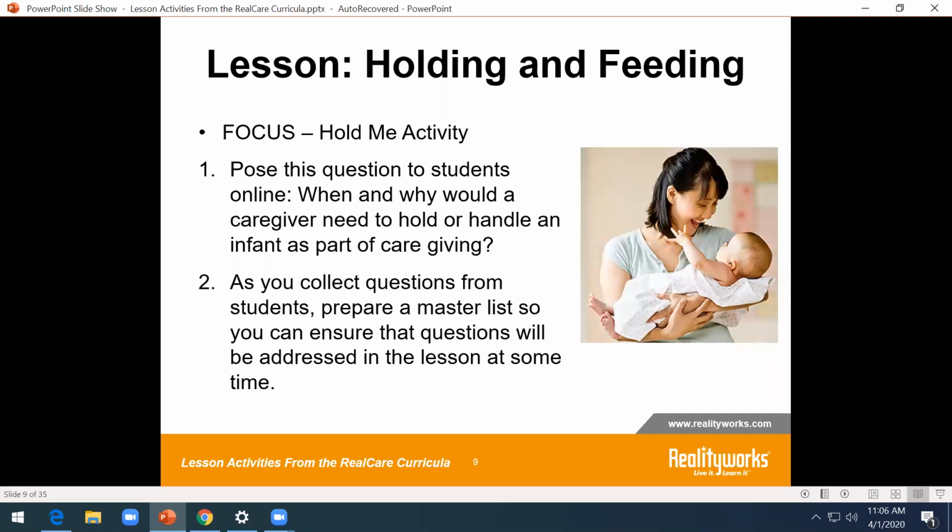Now, the purpose of the activity is to have the students consider how frequently an infant must be held in the caregiving process. The activity also gives participants an opportunity to identify any pre-learning questions they might have about holding and feeding an infant. If you were in the regular classroom, this would be a think, pair, share type of activity. However, we're not in that environment now. So one way you could do this, first, it starts with